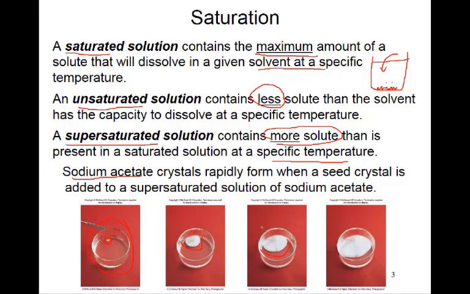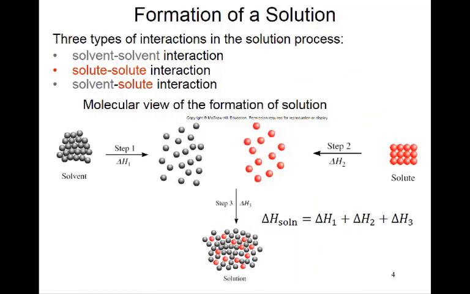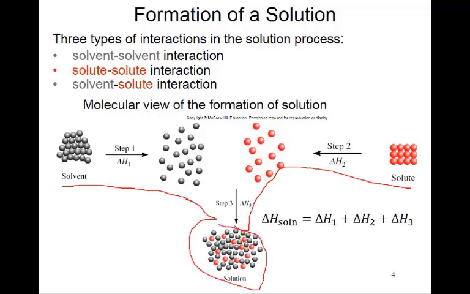The opposite of crystallization is the formation of a solution, dissolution. That happens in 3 steps. First, the solvent molecules separate and become far apart, and the solute molecules also separate and become far apart, and then they combine to make the solution. So this is a 3-step process, and delta H is also according to Hess's law. We already learned that in the previous module, but we are not discussing or calculating Hess's law here.